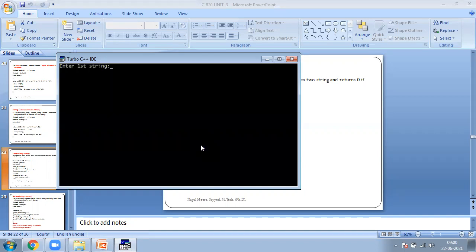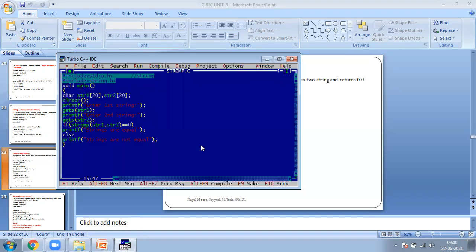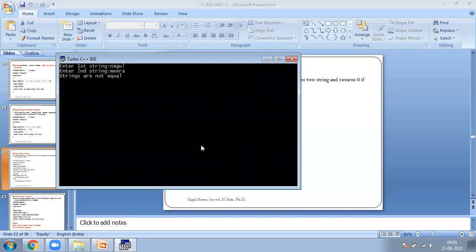Enter first string, which I am giving now. Enter second string: Mira. Are both strings equal? Is Nagul equal to Mira? No. What is my output? Strings are not equal.